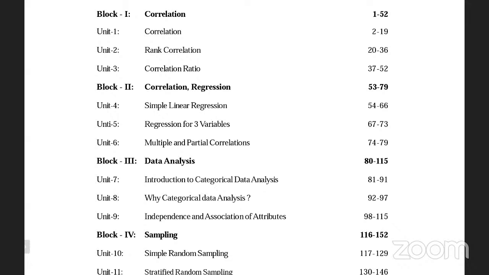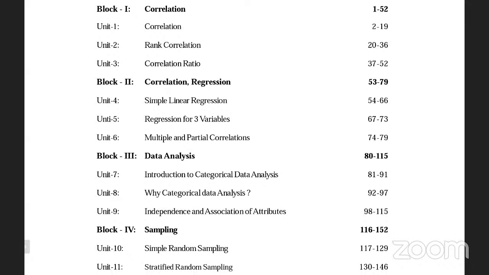I completed it rather quickly, but we have time, so once again I will recapitulate from units 7, 8, and 9. Okay. Now coming to the